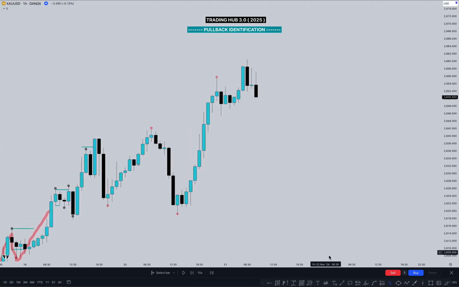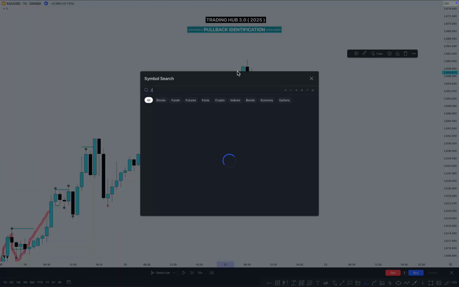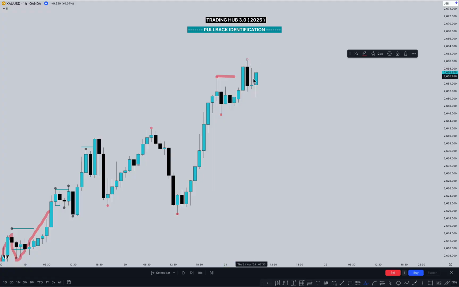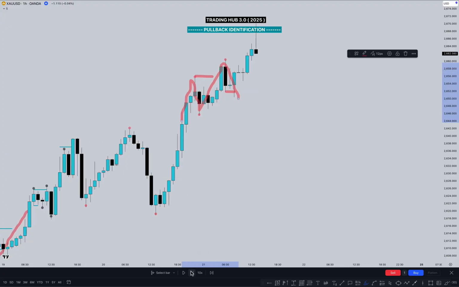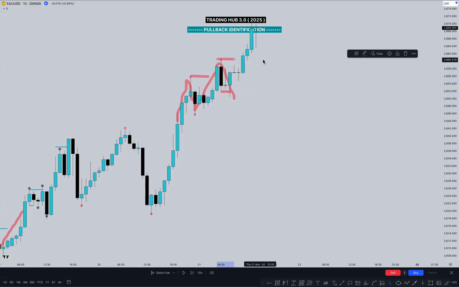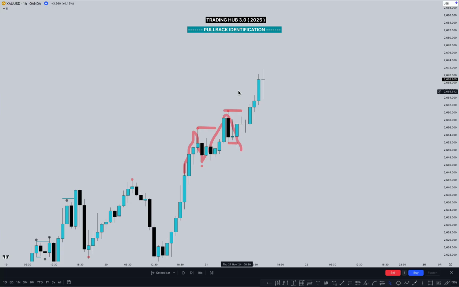Again the market continues to break the previous high here, so this point becomes a higher low, and it breaks this one. Okay, this point becomes another high because the candle is broken, so this move counts as one more valid pullback. Let's see what happened next here. Again going higher high, it breaks this one, and this move will continue upside after taking out the